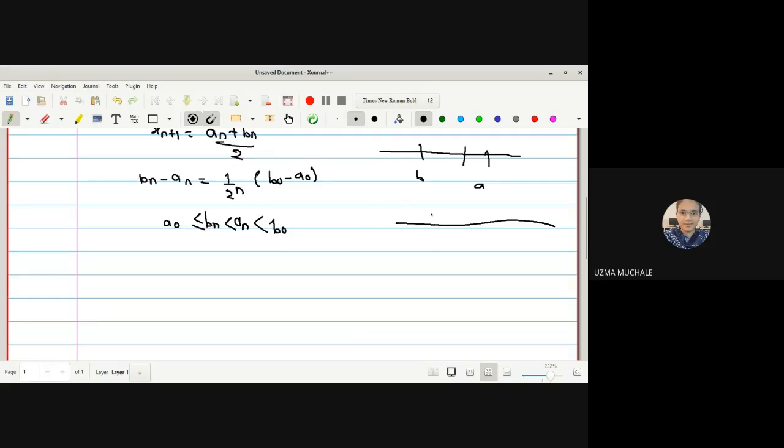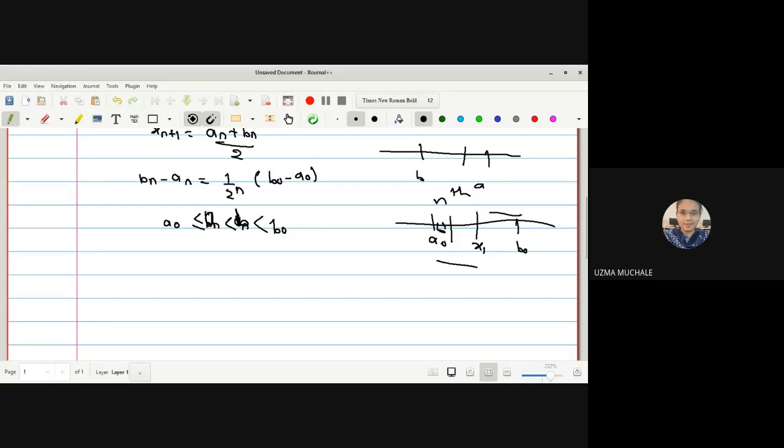Okay, this was our open interval a naught to b naught, no? And after that we have found the bisection. Then the root may be in this interval or in this interval. Again we have bisected, so it is in this interval or in that one. In this way we have performed n iterations. After performing n iterations, suppose this was our chosen interval. So what will be the condition? This a naught is less than or equal to this an. Sorry, here it should be an, and here it should be bn. So a naught is less than or equal to an.